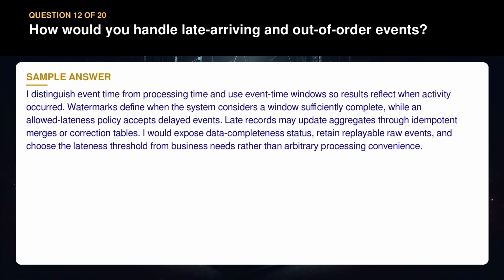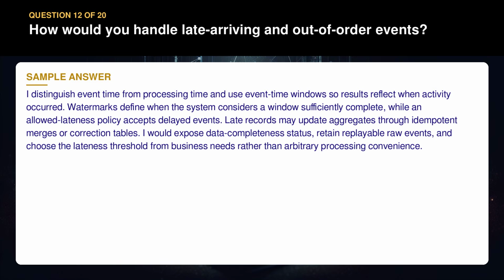I distinguish event time from processing time and use event time windows so results reflect when activity occurred. Watermarks define when the system considers a window sufficiently complete, while an allowed lateness policy accepts delayed events. Late records may update aggregates through idempotent merges or correction tables. I would expose data completeness status, retain replayable raw events, and choose the lateness threshold from business needs rather than